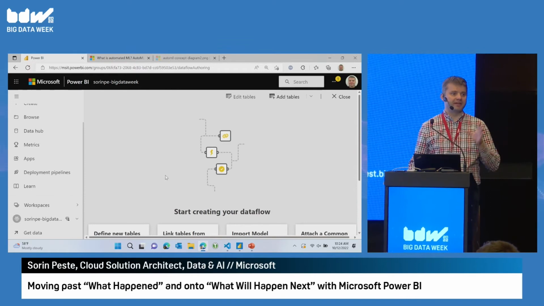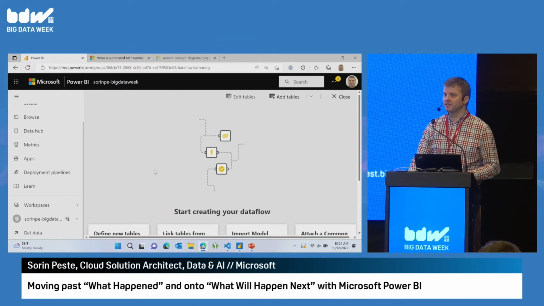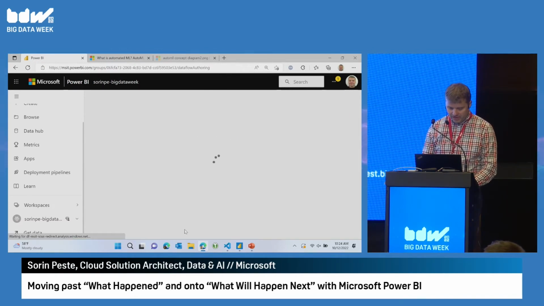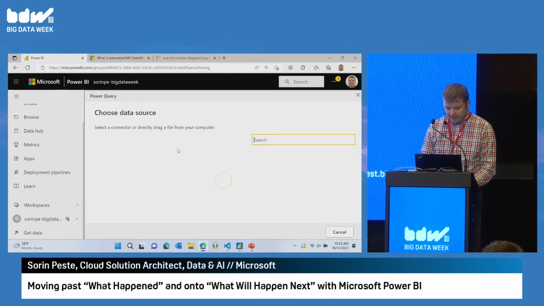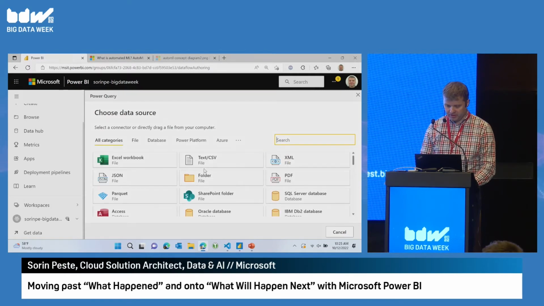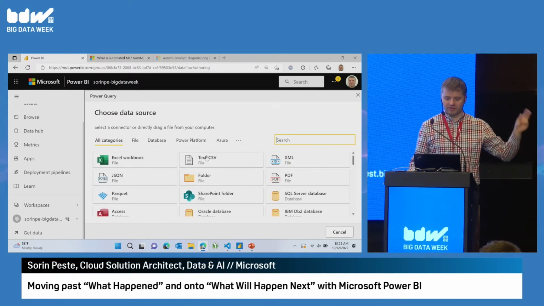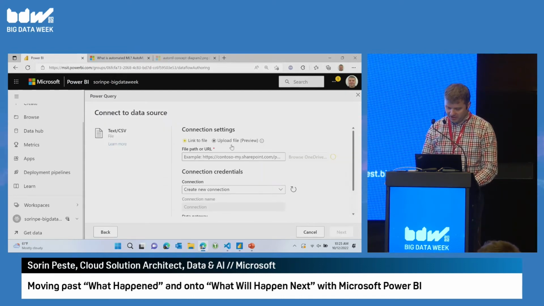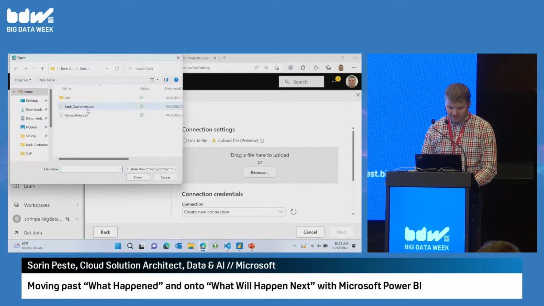So I'm going to prep, clean, and transform data. Not so much prepping and cleaning today. I'm going to do some transformation. In this case, I'm going to build a machine learning model. And I'm going to add a new table. This is very similar to connecting to sources using Power BI Desktop except now I'm just using the cloud. I have the kind of same options, so databases, files, big data clusters, Spark, all of that stuff is available. I'm just going to upload this file just to keep things simple.